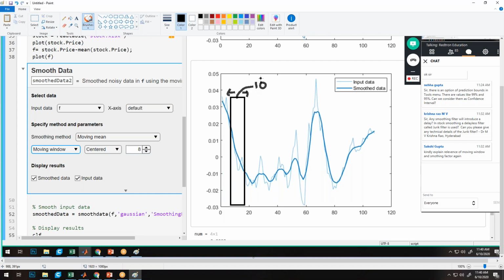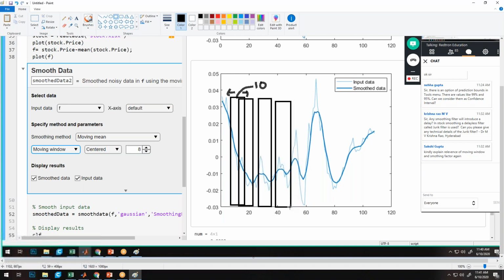It will take the average of these 10, assign it, and next time it will move to the next part with the same size. This way it will keep cascading throughout the entire length of the data variable. This is called the moving window.